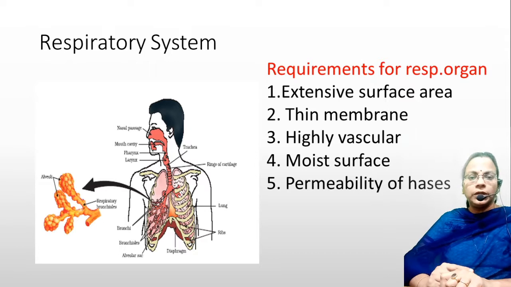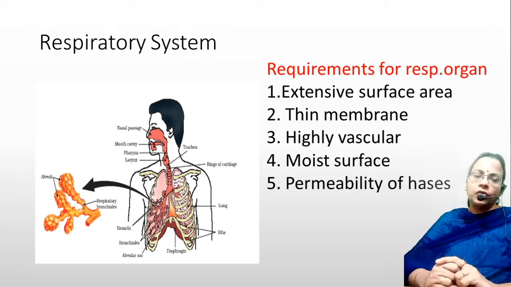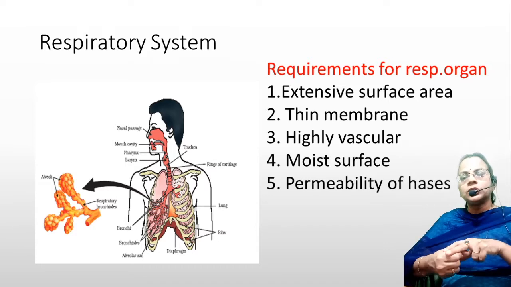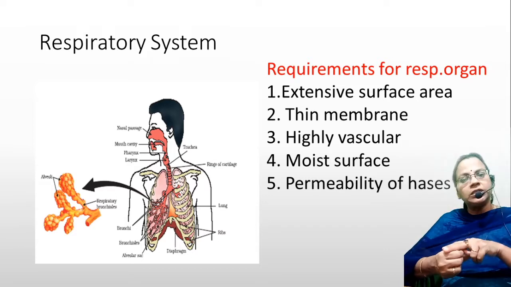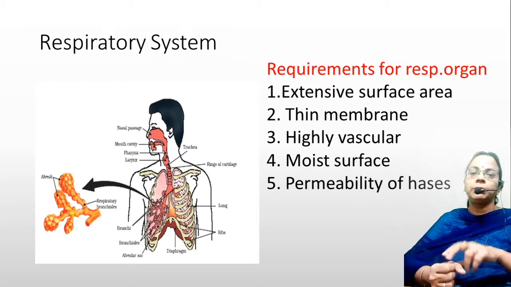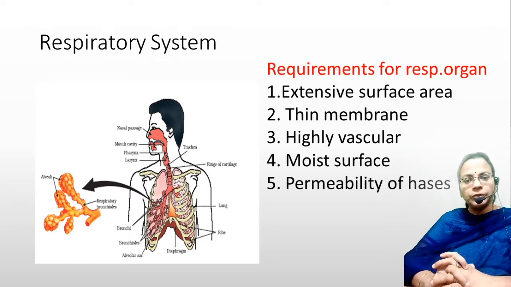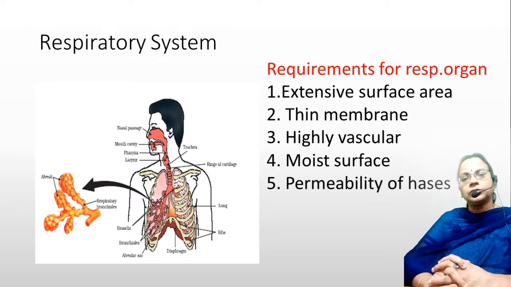Larynx is also called the sound box, because across the larynx there are two sets of vocal cords, or ligaments, lying this way. When the air is passing through, the ligaments will flutter. The fluttering movements of the ligaments are given out in the form of sound. Hence the sound is produced in the larynx. That larynx is also called the sound box.